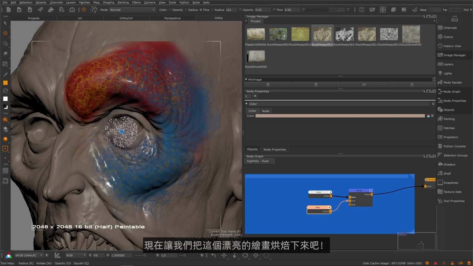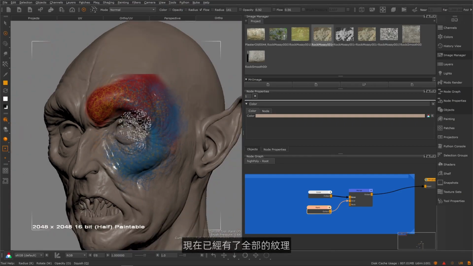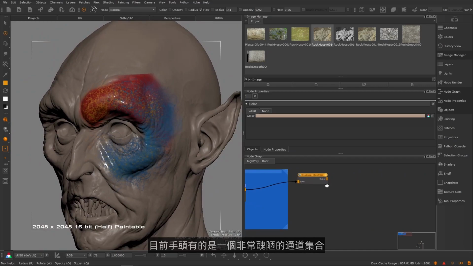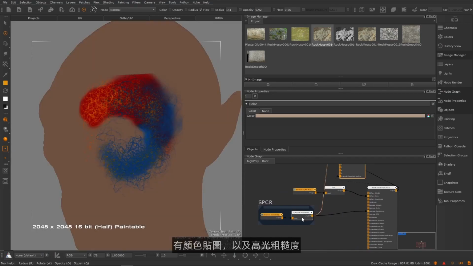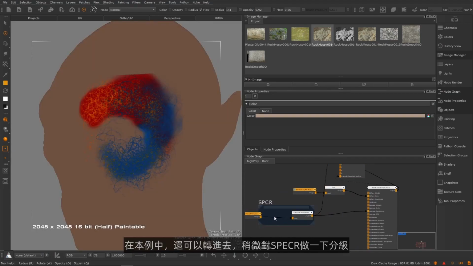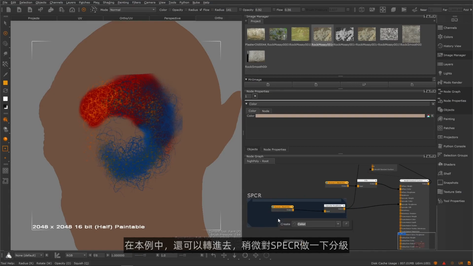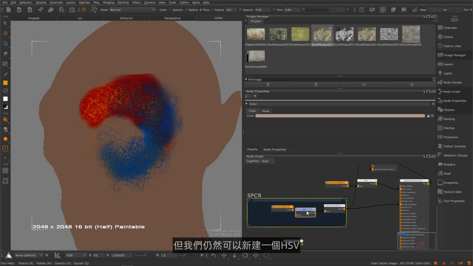Now let's bake this beautiful painting down. Then now we have all our textures. So what we have now is we have a very ugly set of channels. We have the color map and we have the specular roughness. In this case, we can just go in and we can just grade the spec R ever so slightly. We can just make an HSV. Like this is not going to be anything beautiful, but we can just make an HSV and we can just